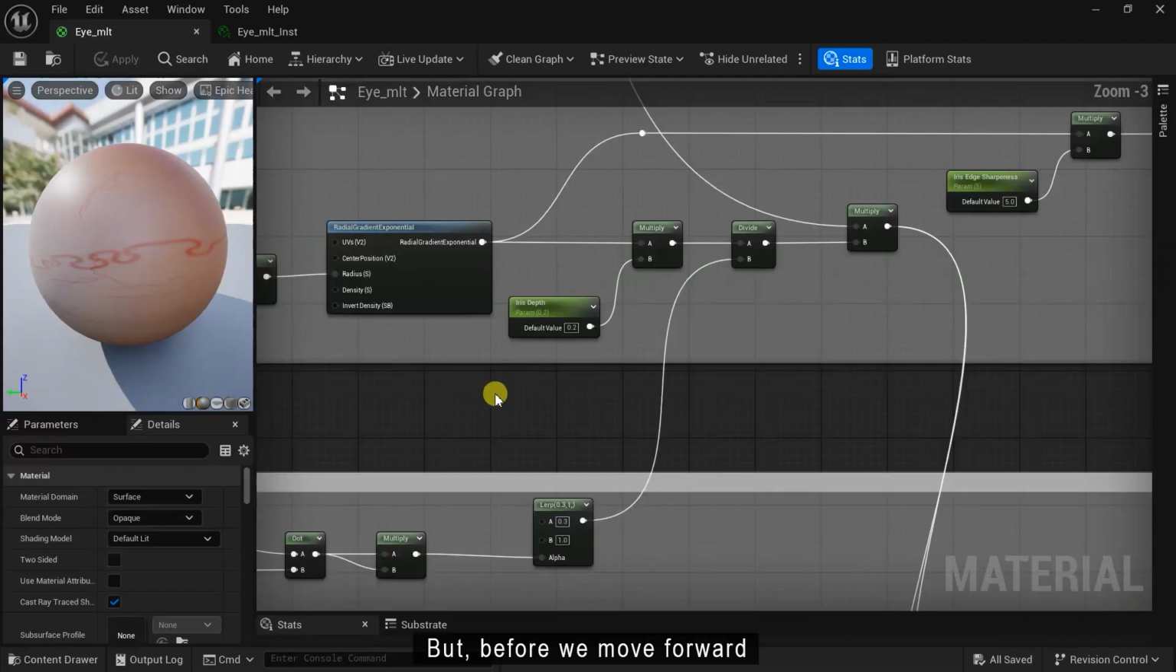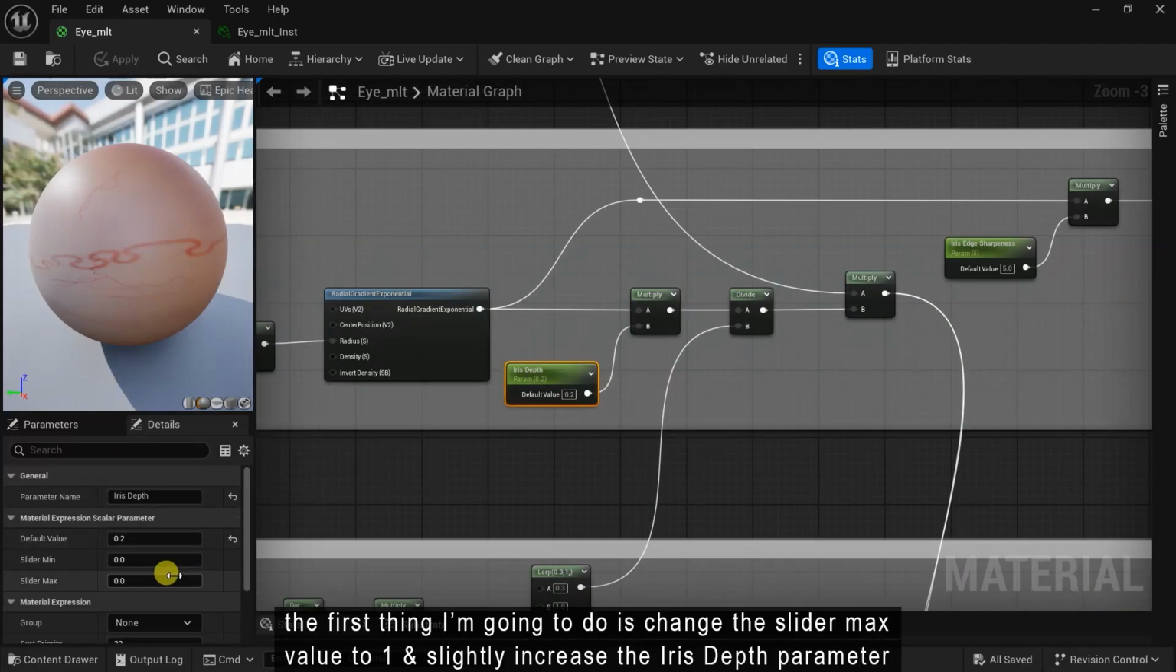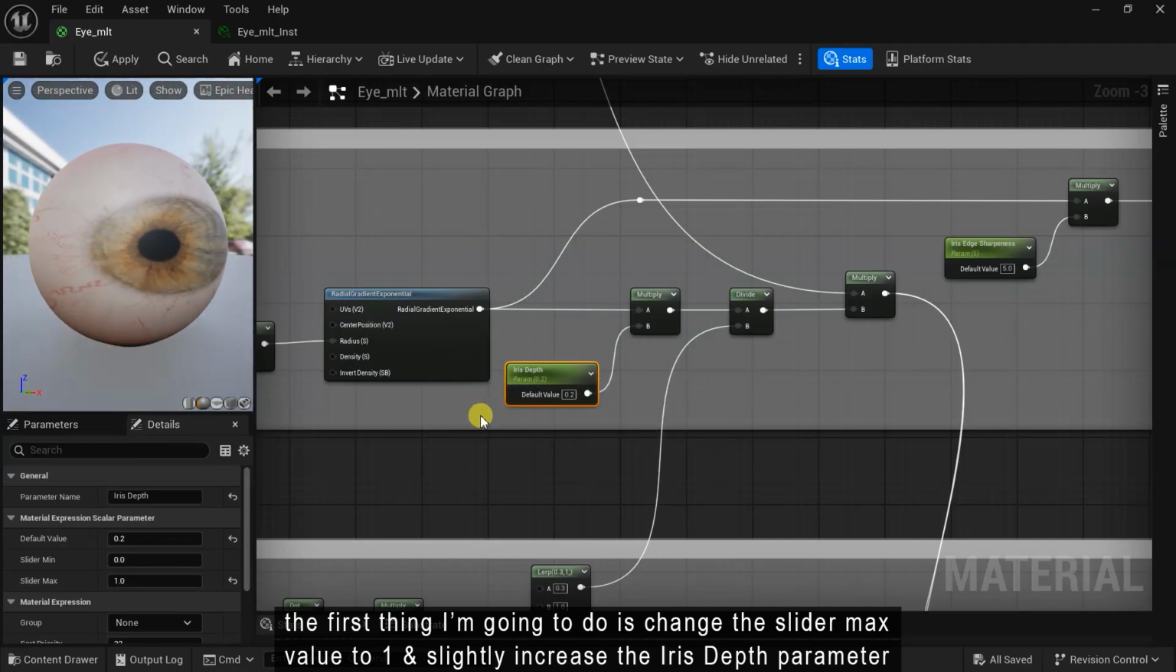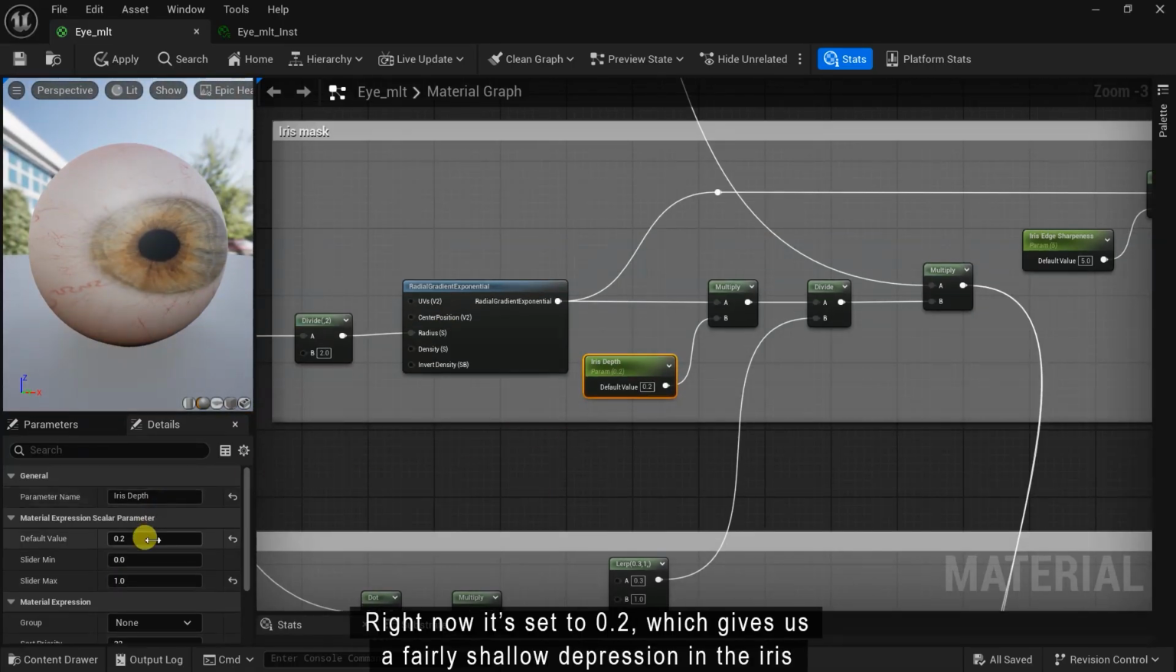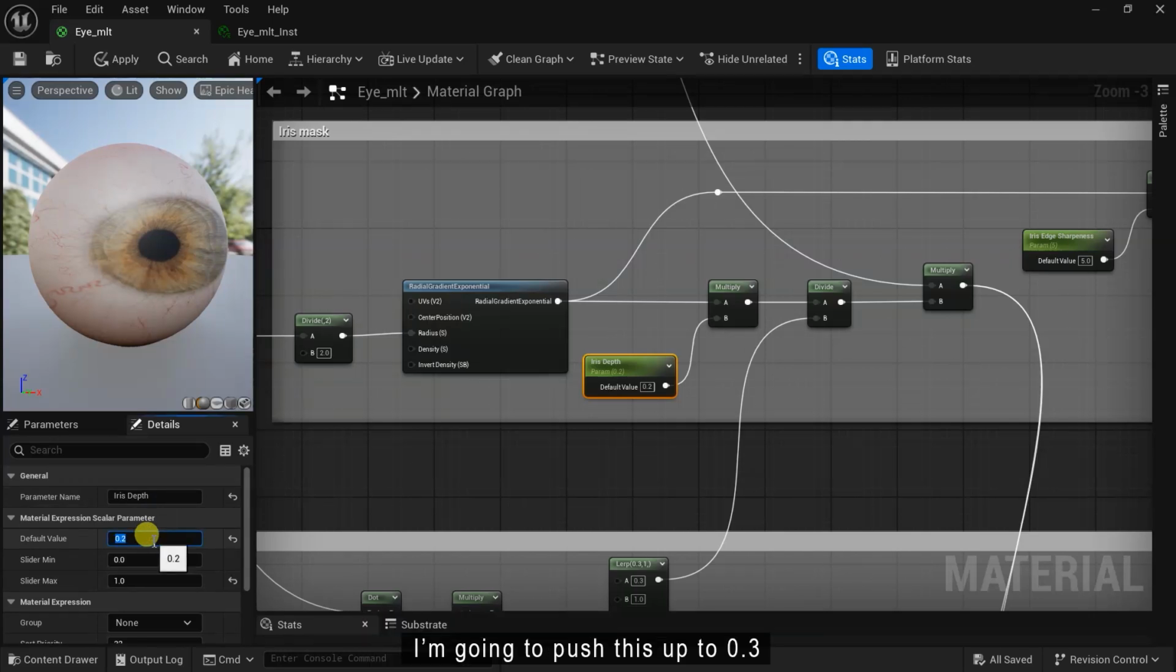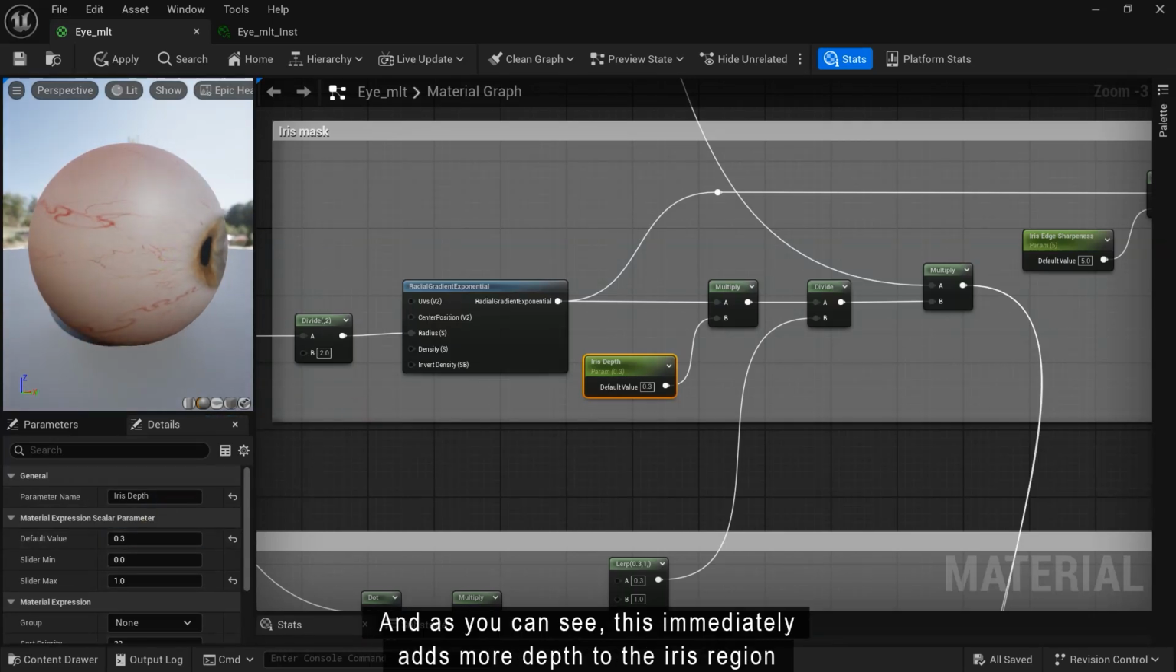But before we move forward, the first thing I'm going to do is change the slider max value to 1 and slightly increase the iris depth parameter. Right now, it's set to 0.2, which gives us a fairly shallow depression in the iris. I'm going to push this up to 0.3, and as you can see, this immediately adds more depth to the